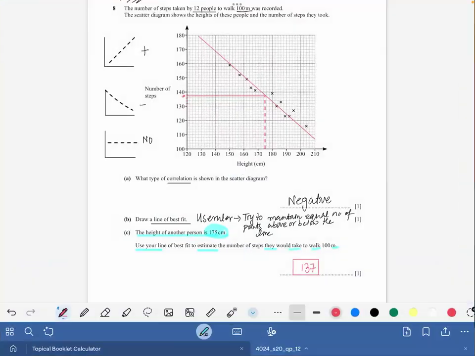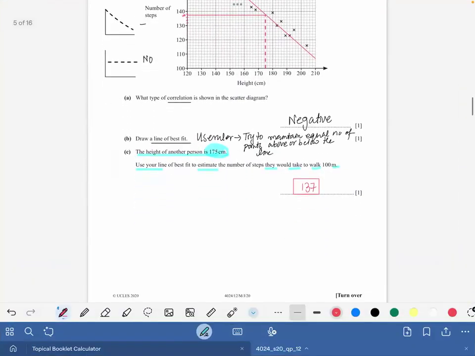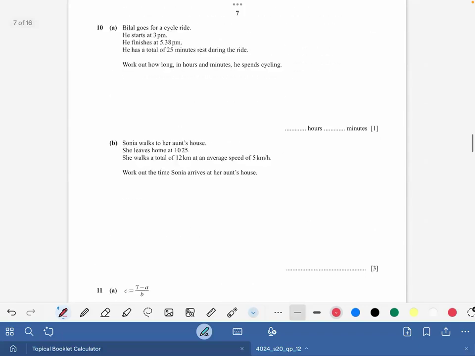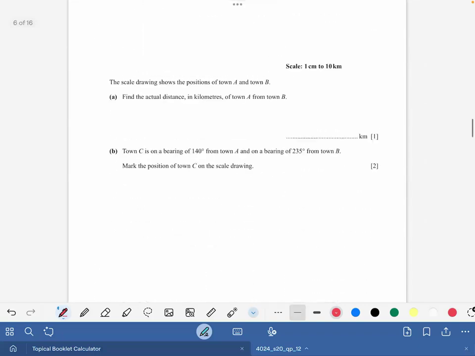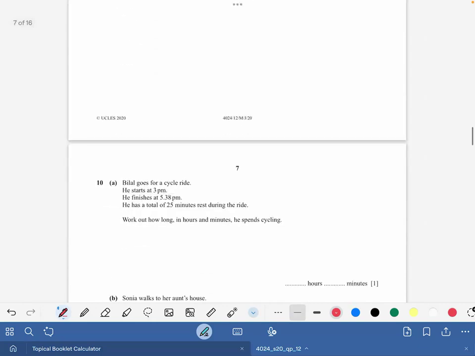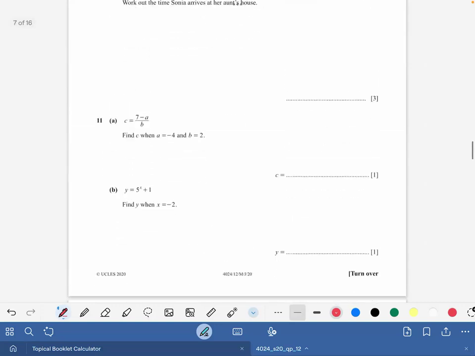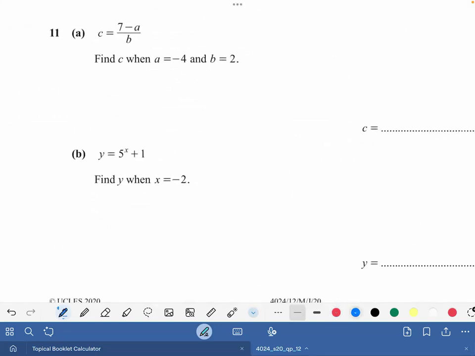अच्छा जी, चलें जी. अब चलते हैं जी इधर. क्वेश्चन नंबर... इसमें ये है हमारा क्वेश्चन। अच्छा, बेरिंग का क्वेश्चन जो है हम थोड़ा सा बाद में अटेम्प्ट करते हैं। विल डू मेक श्योर कि हम लोग बेरिंग का क्वेश्चन जो है थोड़ा सा बाद में करें, ताकि इजी वाले क्वेश्चन हम पहले खत्म कर लें। Let's see, question number 11 is 7 minus a divided by b, find c when